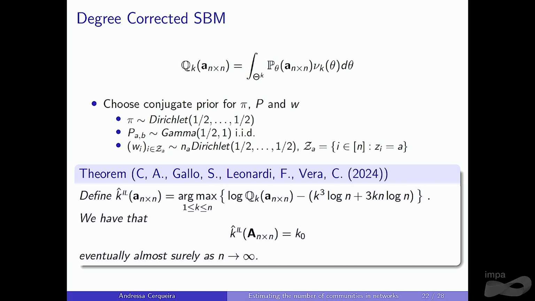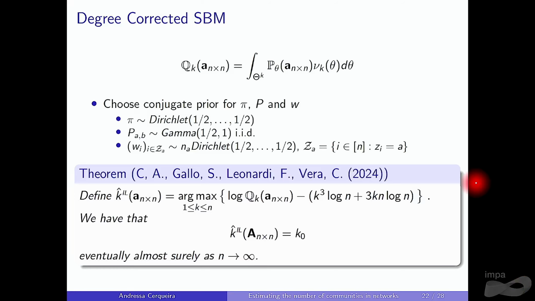So why do we now have n log n? Recall that the BIC tells us that the penalty should be number of parameters times log n. Now I have these popularity parameters, I have n more parameters. So now the number of parameters depends on n. This is why we got